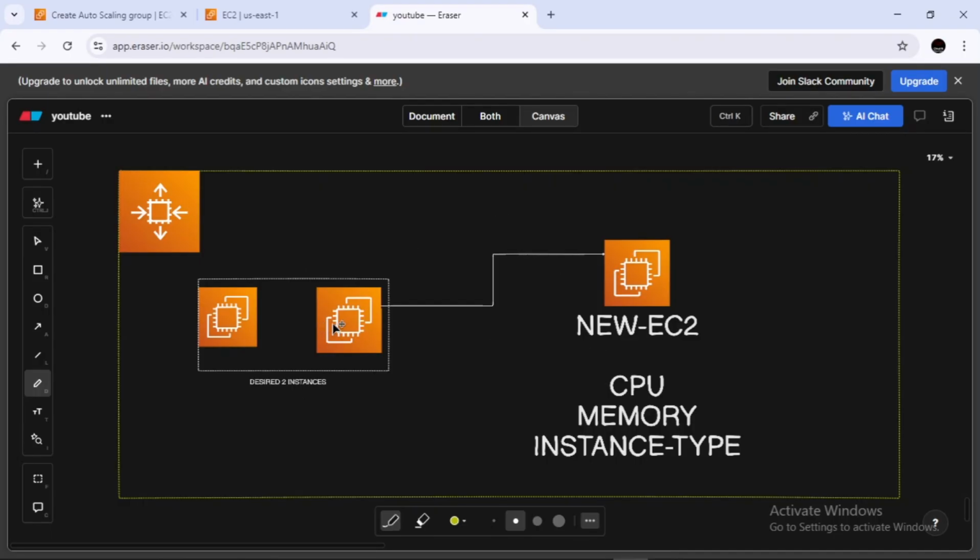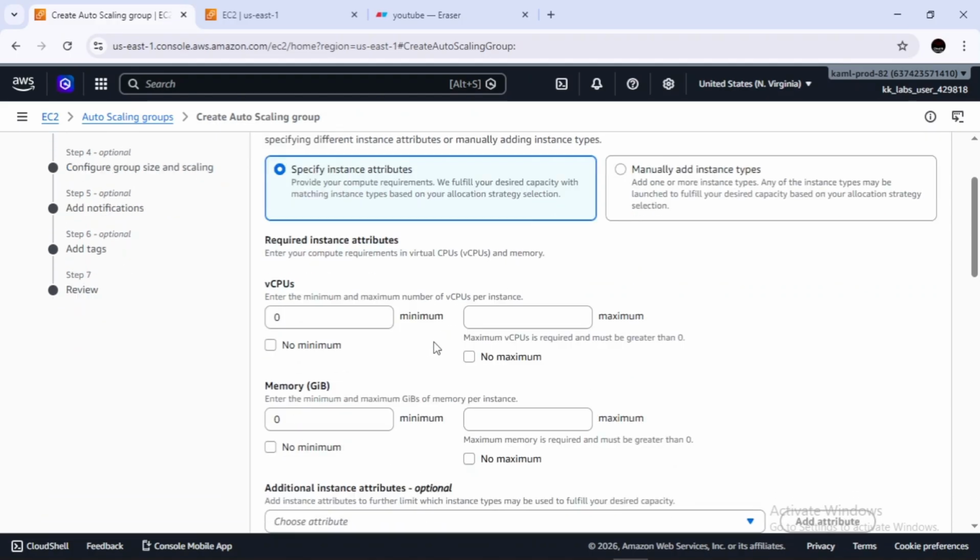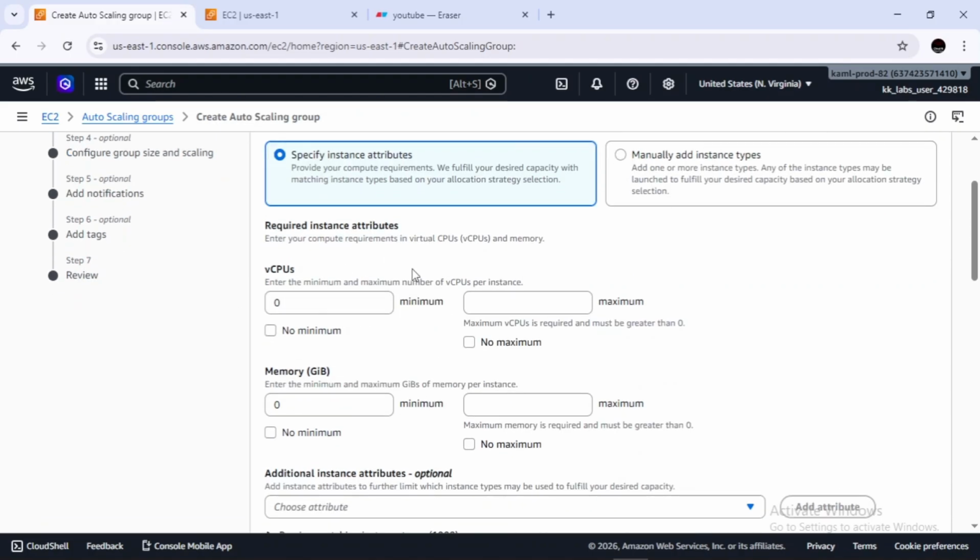So when the auto scaling group needs to create or scale a new EC2 instance, it will launch that particular instance based on this setting. By doing this, AWS will automatically choose the best instance type that matches these requirements. This gives us flexibility, better availability, and even cost optimization.